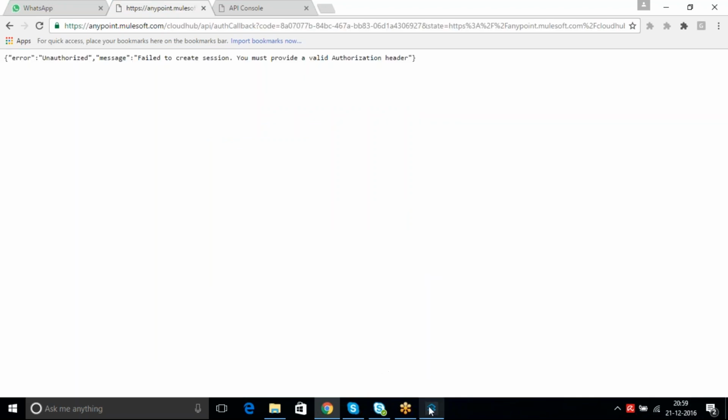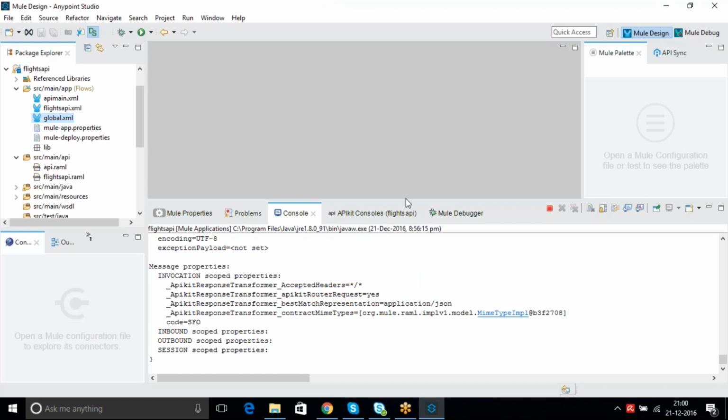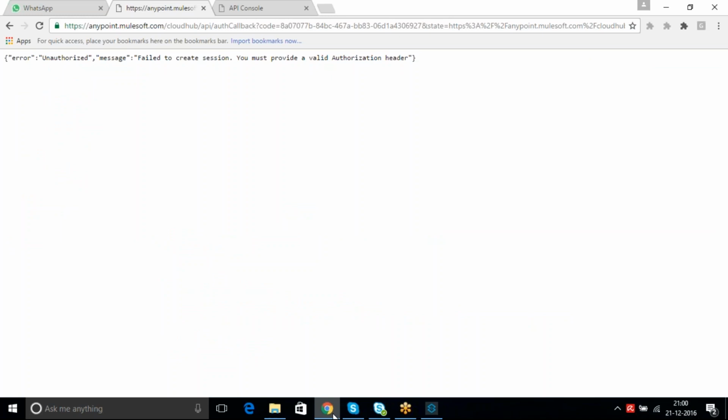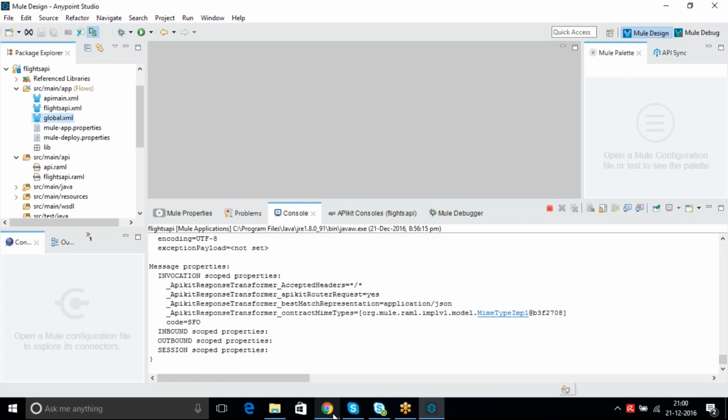So now your development part is done. Now you want to deploy the application on a specific server. It could be a standalone server running on your local system, or any other server somewhere on premises, or else it can be a CloudHub server. We are not doing local deployment here. We are trying to deploy the application on the CloudHub server. We will see in our next class how to deploy using the MMC console also. For now, we are trying to deploy the application on CloudHub.